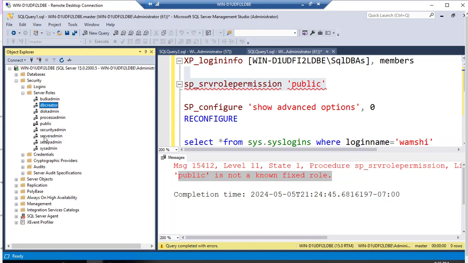But in the organization, we don't use them. We only use sysadmin, but we cannot give sysadmin access to everyone, right? That's why we don't use the other server roles regularly. But I cannot give one permission every time. I want to group all the permissions together. That is called a